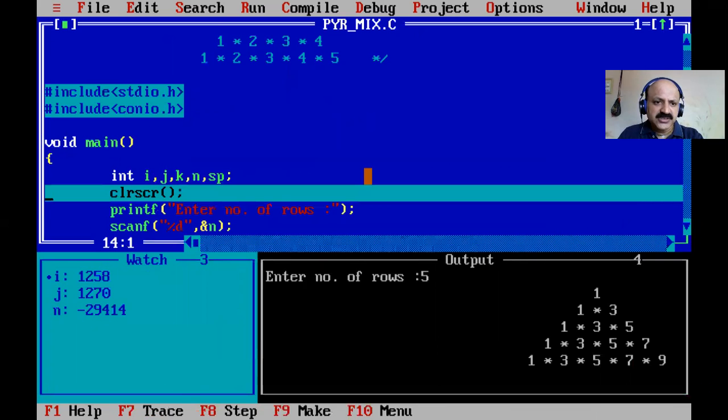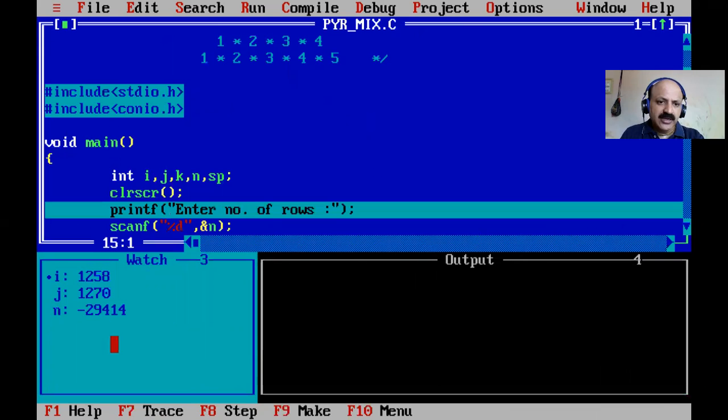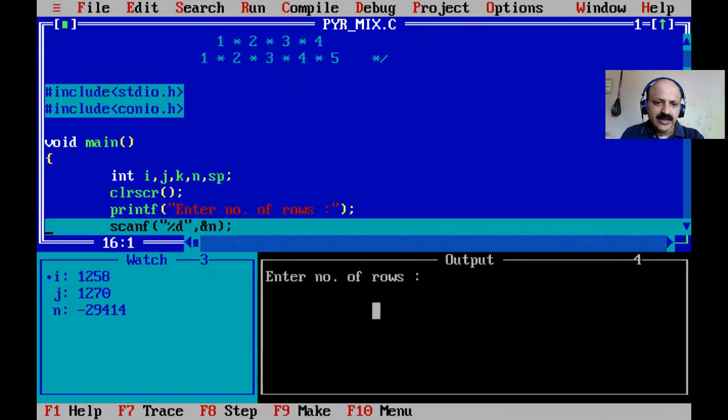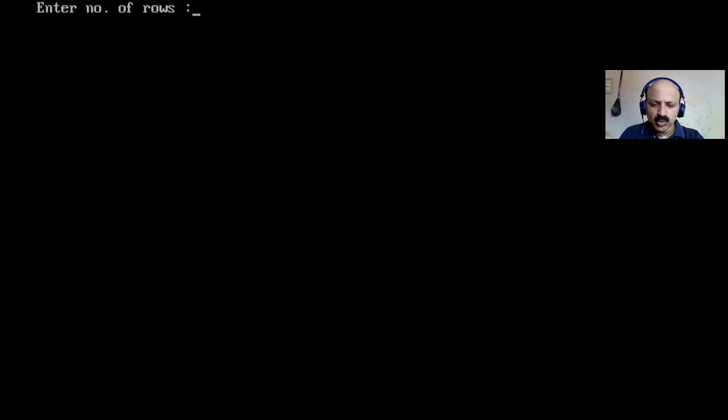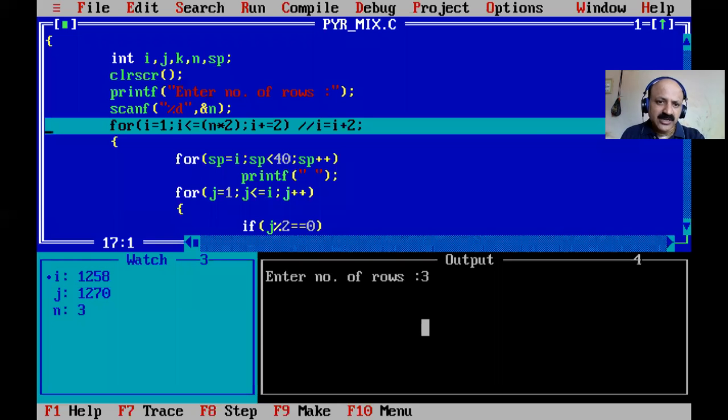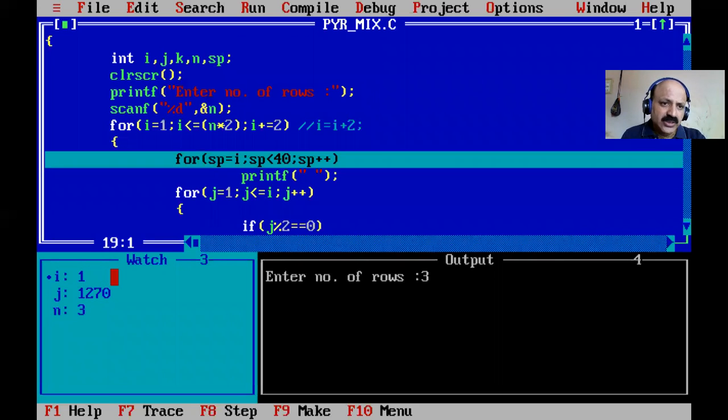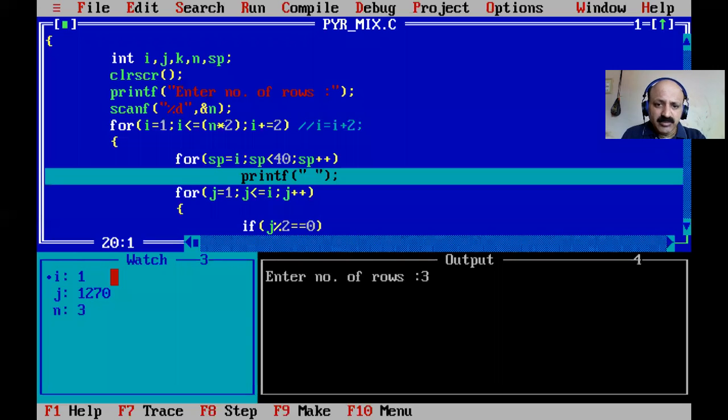So the main function starts, all are initially garbage, and now it clears the screen, with n as the number of rows. We have to take only 3 rows. What is the requirement? We can identify our logic change. I know very well what change is required from tracing this, but I just show you step by step how you can develop your logic. That is my aim. So n is 3, just 3 rows, and I initialize to 1, then the space count is 30, so I pass out because 39 spaces.